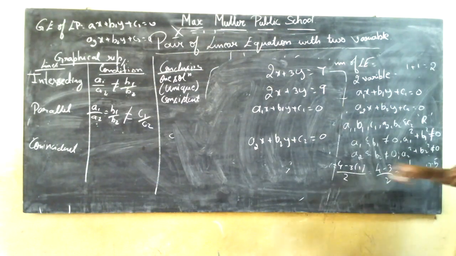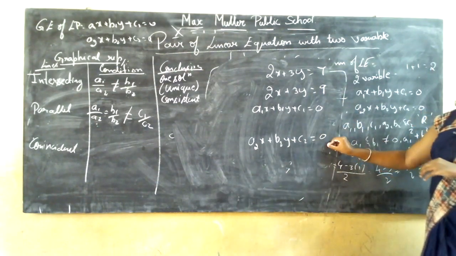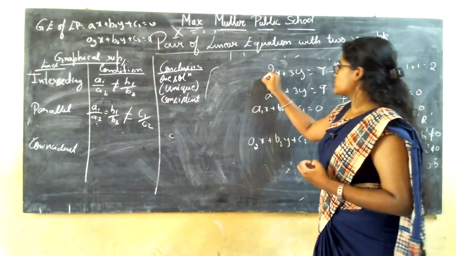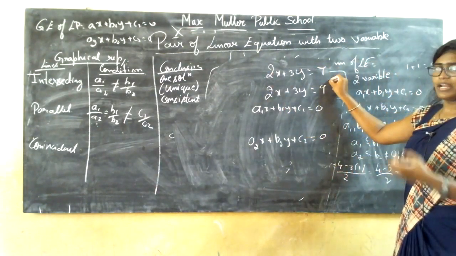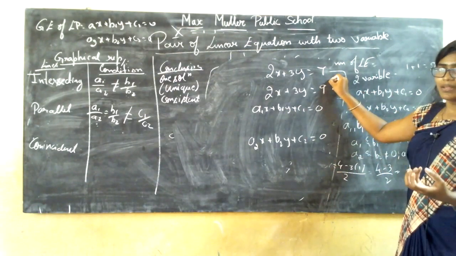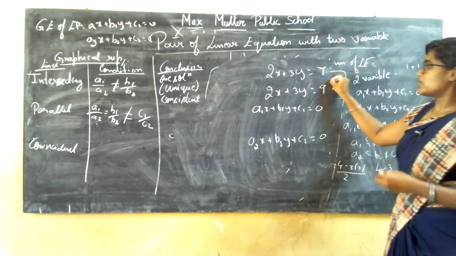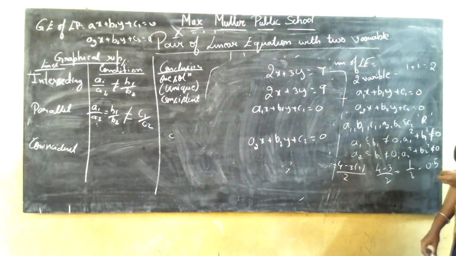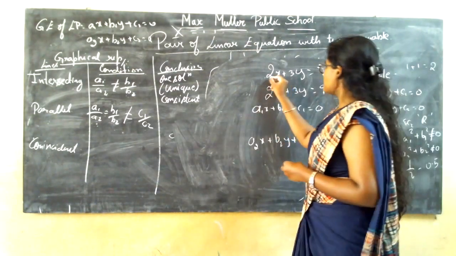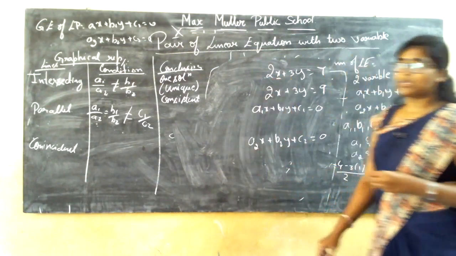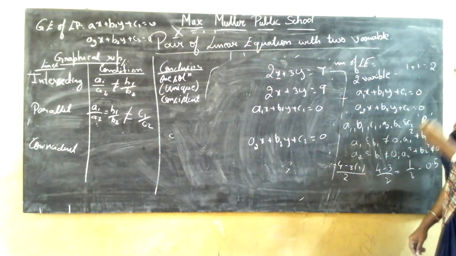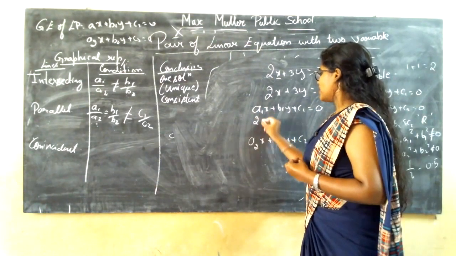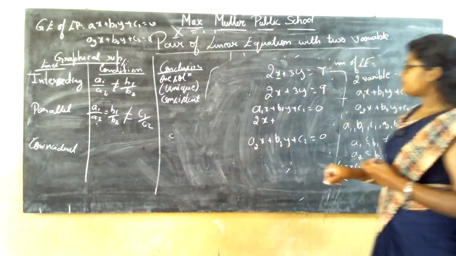Clear? So these are the two general equations that you have studied. Now the equation is given, the numerical, or you can say the algebraic equation is given. Let me substitute it in the general equation and see if the ratios are equal or not. Whatever terms with x are there will be replaced in place of A1 with x.